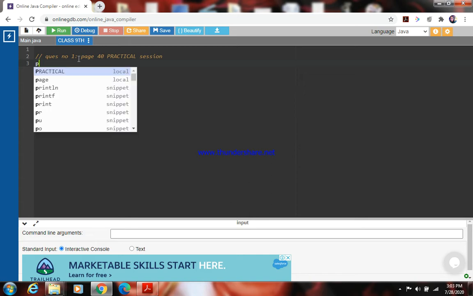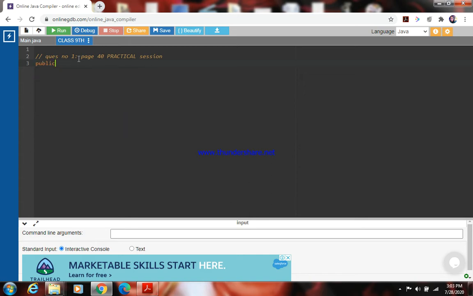That means our first heading is public class Address, as it is the name of the class, so the first letter should be capital, and this is the pair of curly brackets representing the class body. Inside the class body we will have to store the address of a person. I am repeating the question. Create a class address that will store the address of a person.